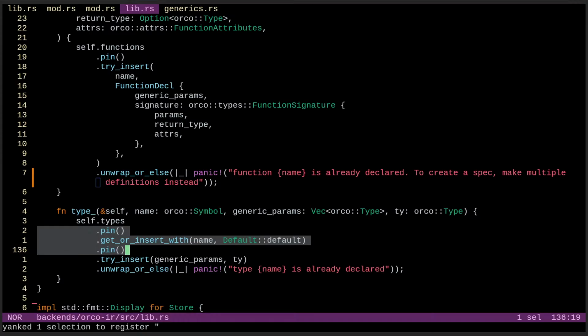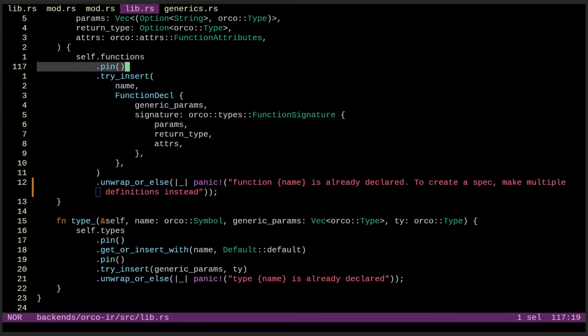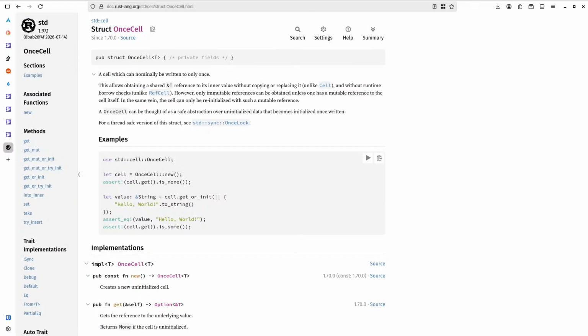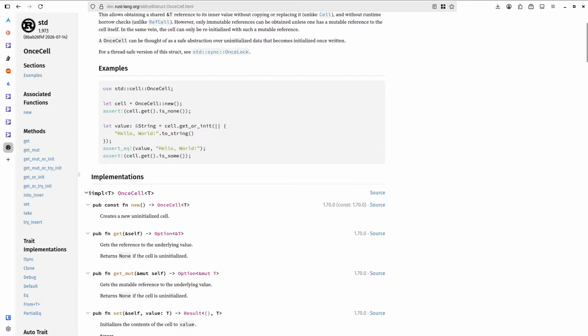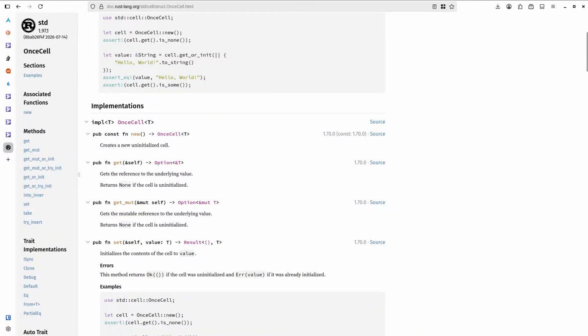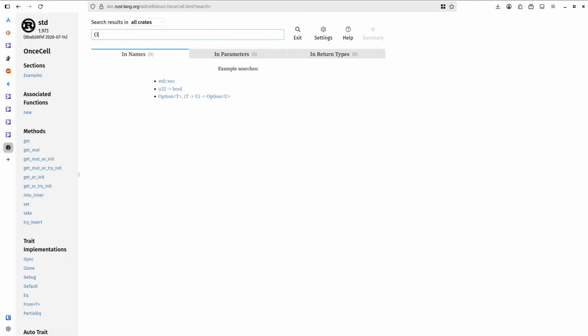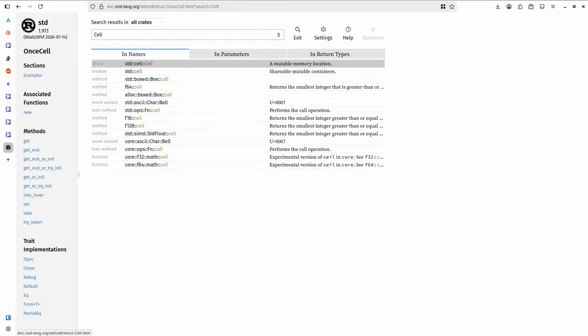So pin get insert, pin try insert. Oh right, I was checking out one cell. So cell get is none, cell get or init, or I guess set is what I need. Actually, can I do a regular cell? Cell of option.